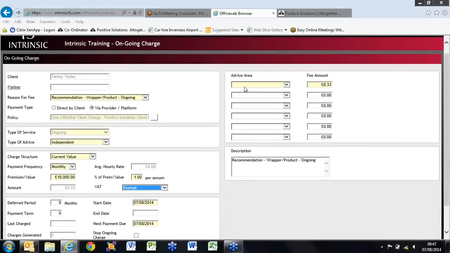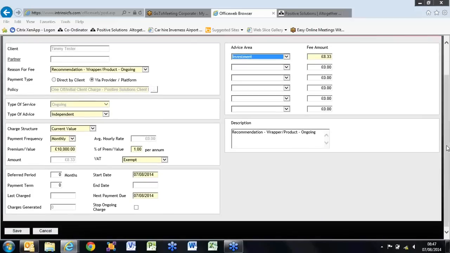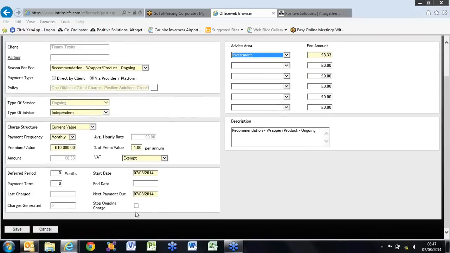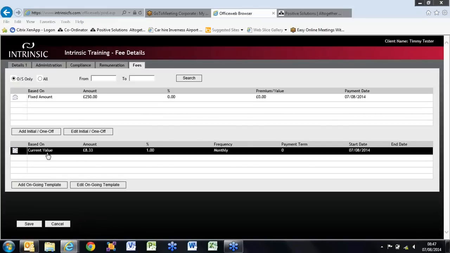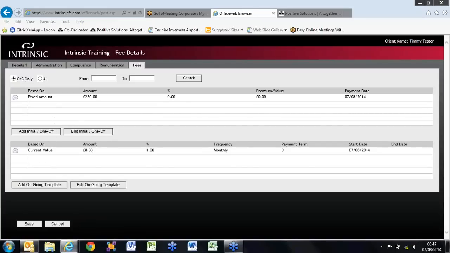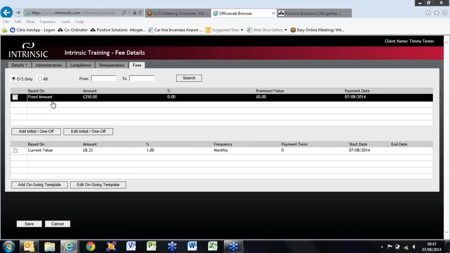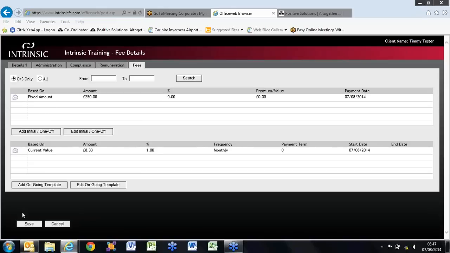Moving to the top right hand of the screen, we have a yellow mandatory field on the advice area, so we need to make sure that is complete. And then moving down at the bottom of the screen, the left hand corner, we have the Save button. As you can see, I now have my ongoing charge entered and also my initial charge. You now need to press Save,